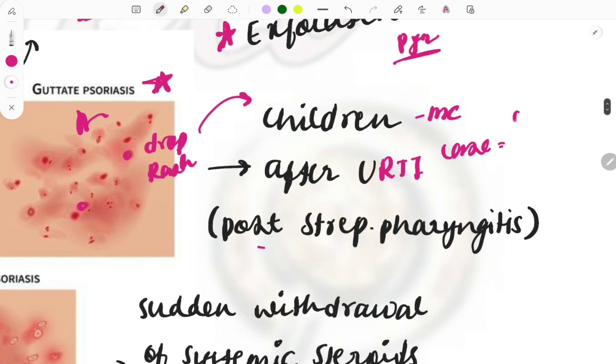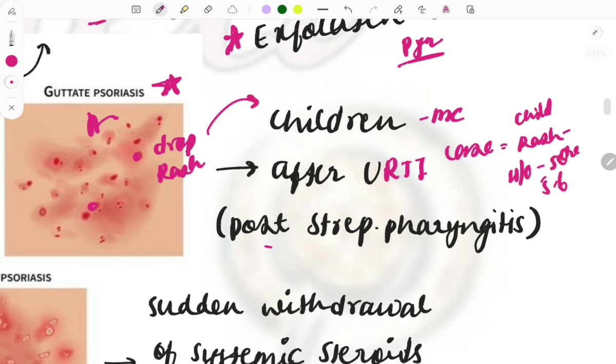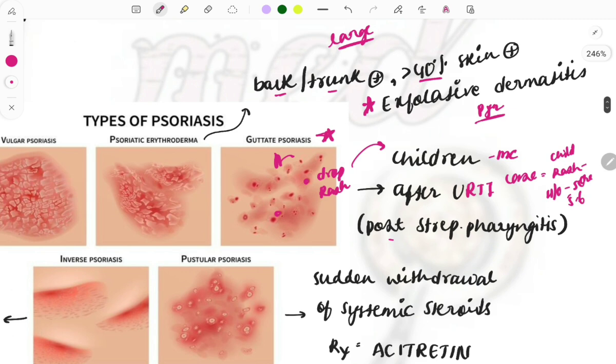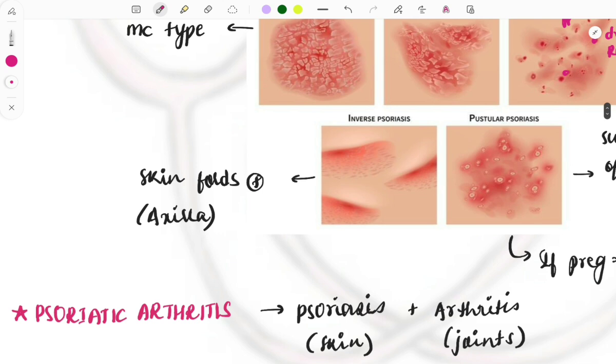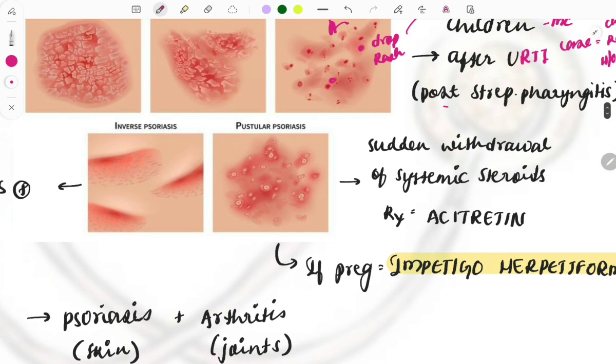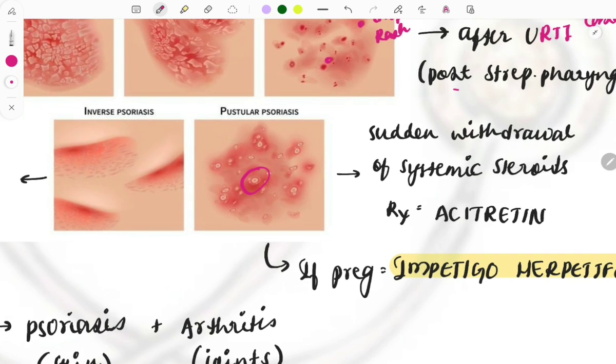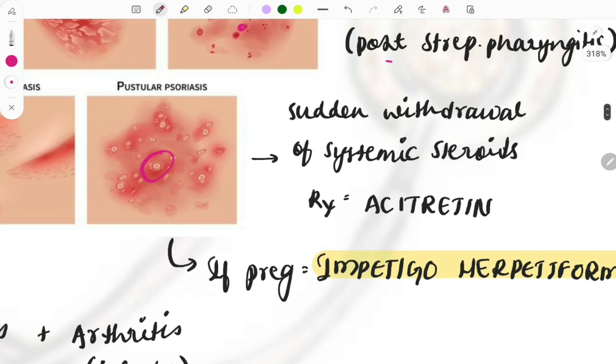So they'll be describing a case that a child comes to you with the complaints of rashes. They can give the image of the rash, and they will say that there is a history of streptococcal infection or sore throat 5-6 days back or 10 days back, ऐसे करके they'll be describing a case, and they'll ask you the diagnosis. Okay, so it will be guttate psoriasis. Then in inverse psoriasis, usually the skin folds are involved like the axilla. Then in pustular psoriasis, pus-filled pockets can be seen,